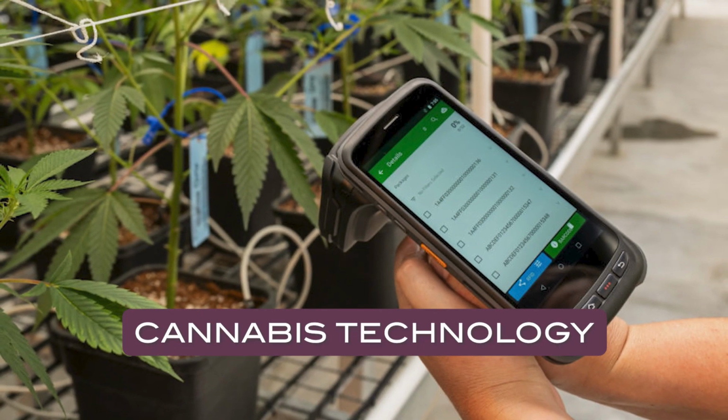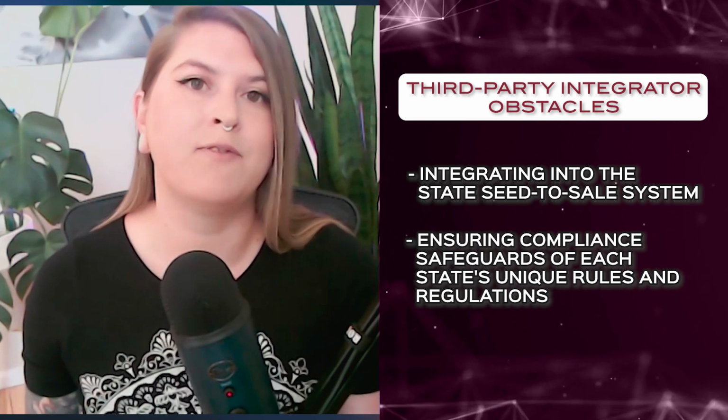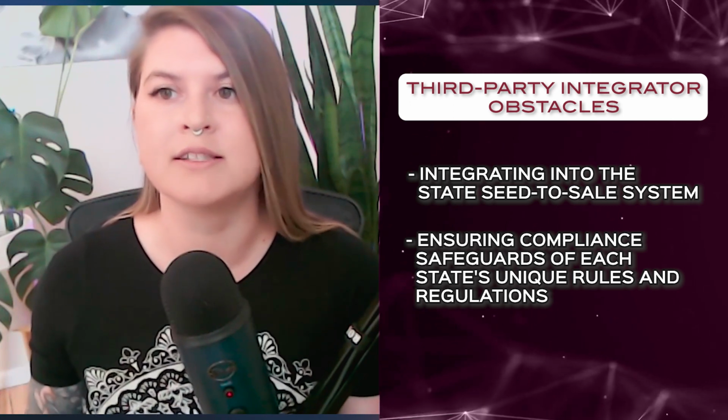Over the past near 14 years, we have come a long way when it comes to cannabis technology and the tools that we have within the space. In the beginning, it was a lot of manual entry error, and there was nothing called an API, or application program interface, to help automate between the state traceability platform and the third-party integrator. But there is a problem here with third-party integrators, and they face multiple obstacles, such as integrating with the state traceability system, seed to sale system, or ensuring the platform has all of the compliance safeguards needed to stay in